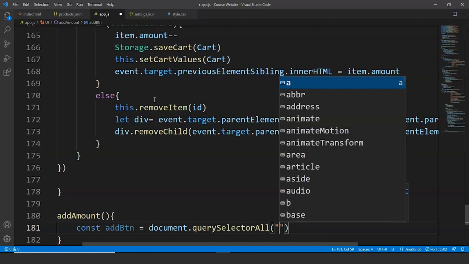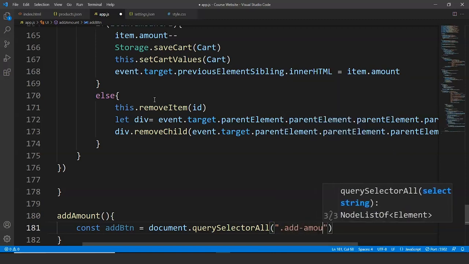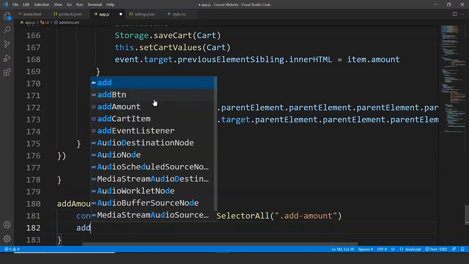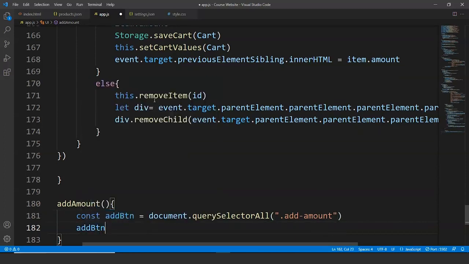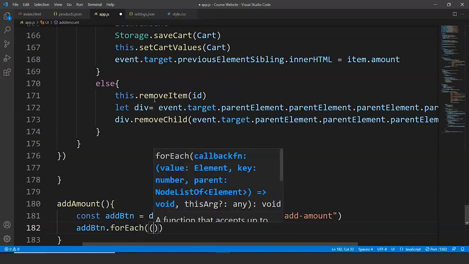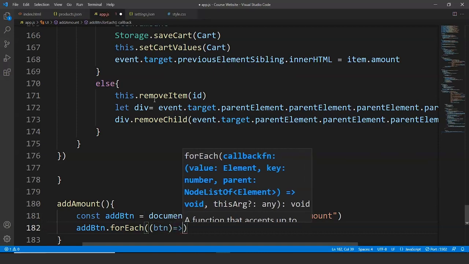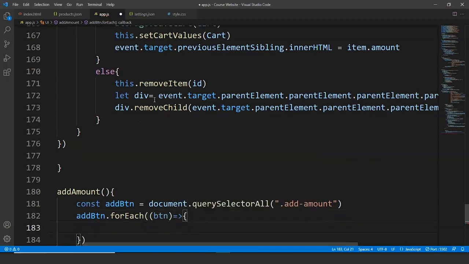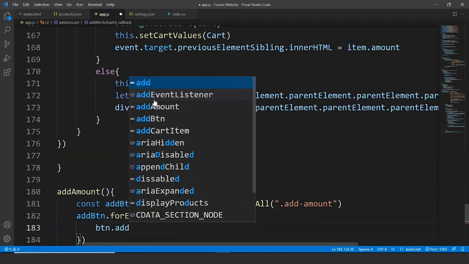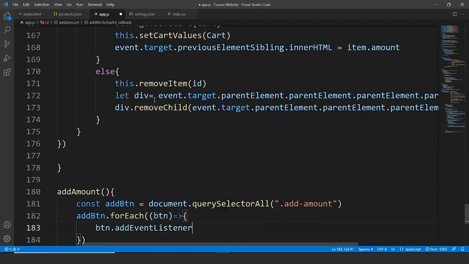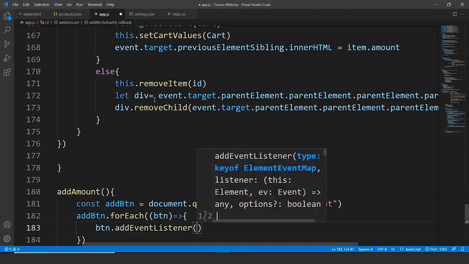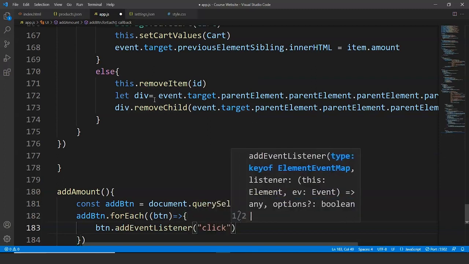Inside this we'll pass dot add amount. Fine. We'll write here add button dot for each, and inside this button dot add event listener, and we'll add an event over here. We'll write here click